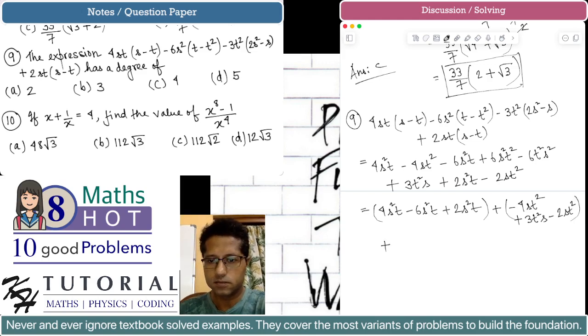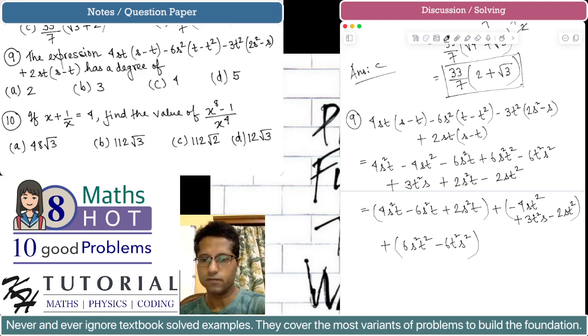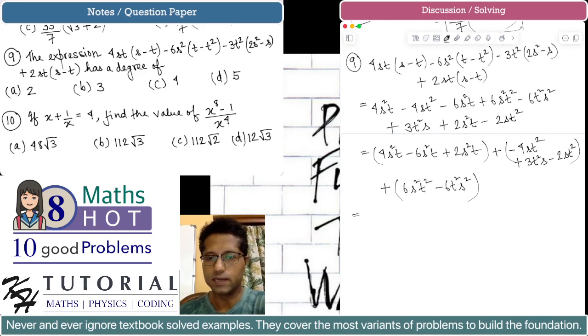Now let's see the term with the literal coefficient s square t square. So we have 6 s square t square and minus 6 t square s square. Okay, so how many terms we have? 1, 2, 3, 4, 5, 6, 7, 8 and 1, 2, 3, 4, 5, 6, 7. Okay, so all are covered. So now if we add up the like terms, we get